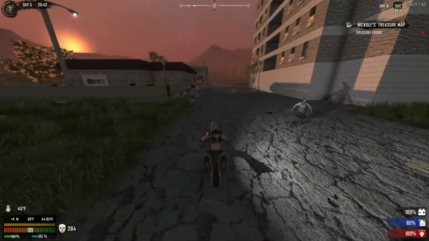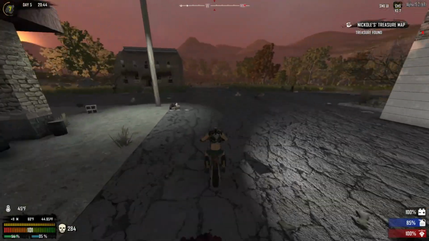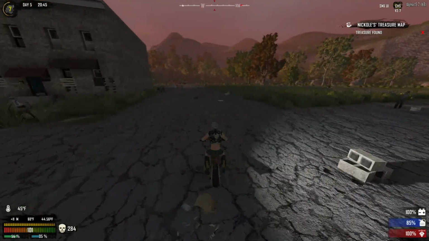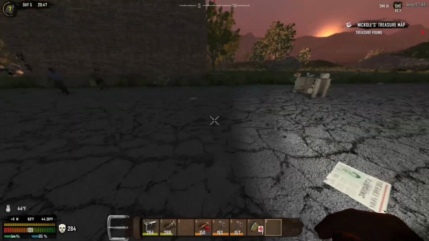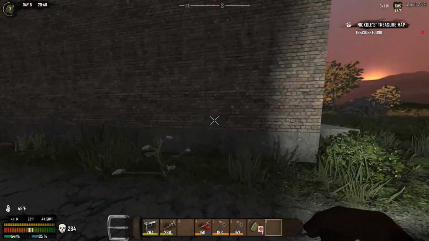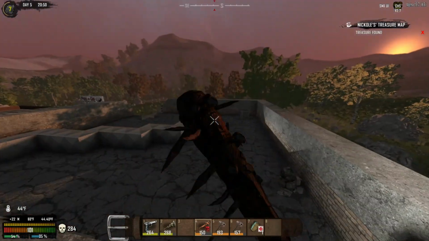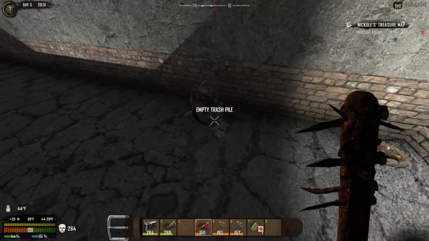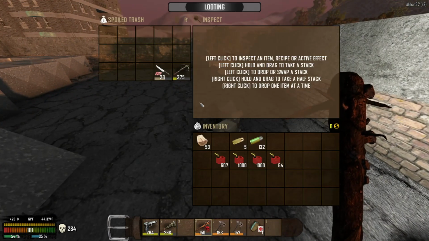Apparently we are cold. Alright, so we threw a... Come on, guys. Aha! Stupid zombies. So you'll notice that I have a new wrench. You'll notice that I have, let's see, better...